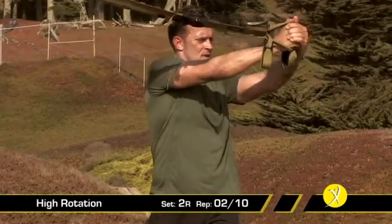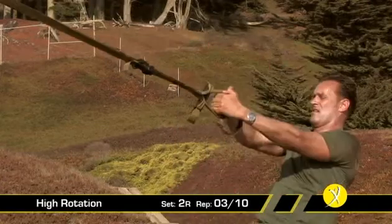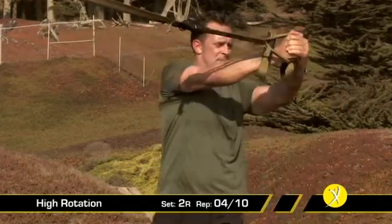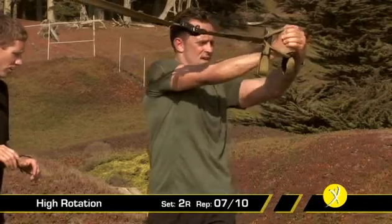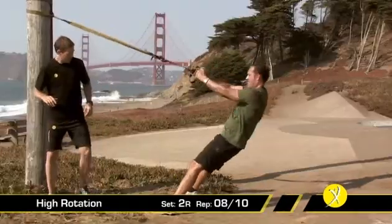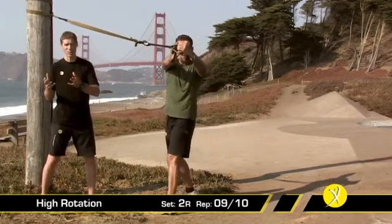Good. And again, as you're going along through this workout, don't be afraid to challenge your strength. If you can go just a touch deeper, even if it means you can only do the first 5 at that level and then go back, or using the last 5 to really see what you've got, push yourself. Driving up and through, up and through. Keep my arms as straight as I can. Absolutely. And making sure you're grounded well through the foot that's on the same side you're rotating to is super